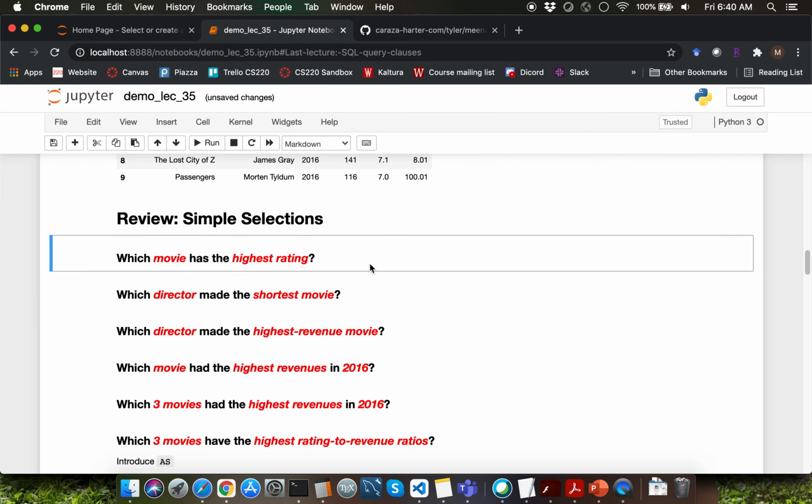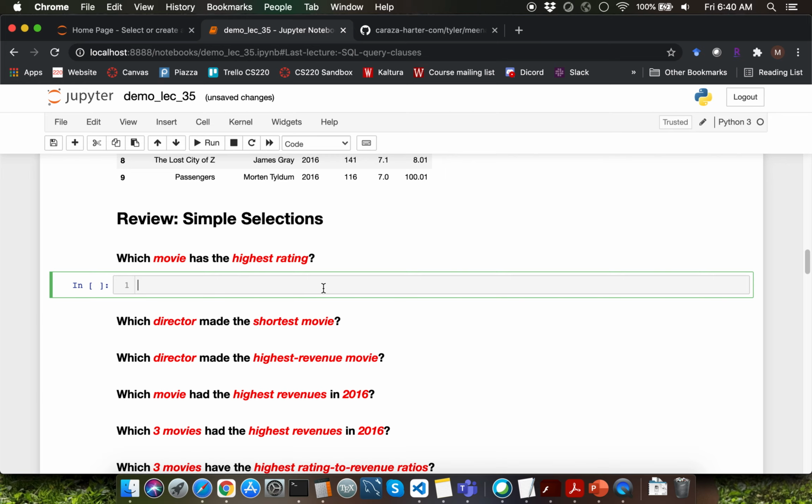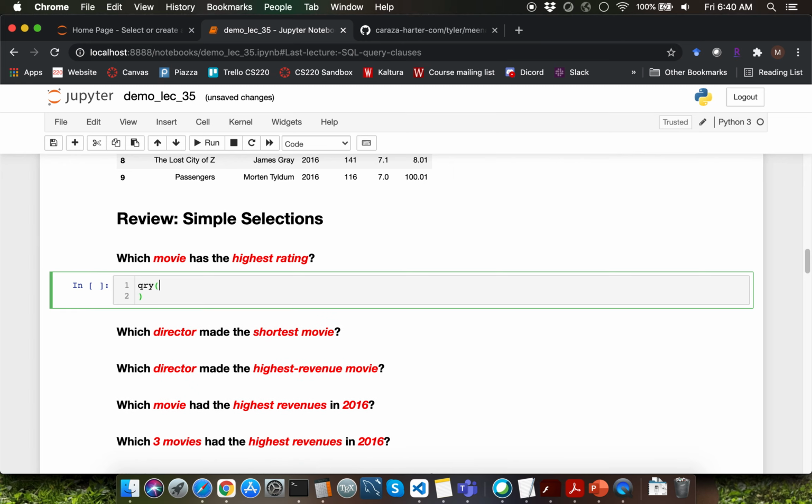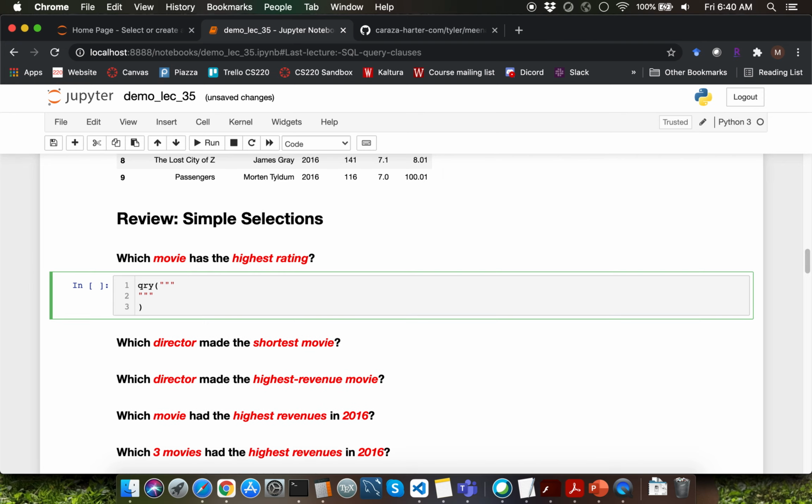The first question here is asking which movie has the highest rating. The parts which are significant are highlighted using the italicized red font here. Once you click on the markdown cell, you can press B on your keyboard to create a brand new code cell beneath the markdown cell. Let me type a shell format for the query execution here, which is going to be done using the QRY function.